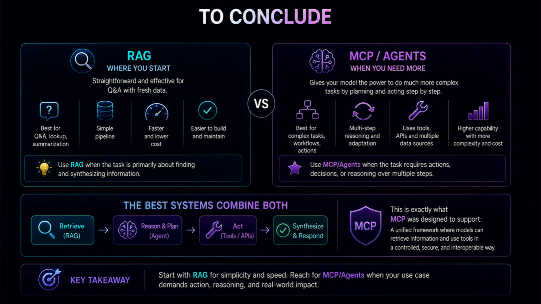This is exactly what MCP was designed to support: a unified framework where the model can retrieve information and use tools in a controlled way. Ultimately, we're moving towards AI that can find information and figure things out, both grounded by data and empowered by reasoning. By mastering patterns like RAG and MCP, you are not just learning to build AI systems that are the best of both worlds, but that can reach out to get the info they need and take the steps required to solve real problems. And that's a huge step